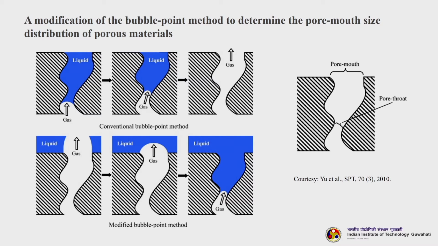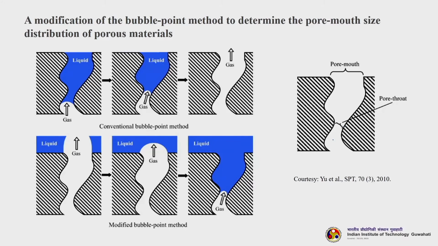Now, we have discussed two bubble point methods. One is the usual bubble point, in which the liquid filled inside the pores of the membrane is displaced. In the second method, with the gas permeation, we measure the gas flow rate for a dry membrane, then we wet the membrane and measure again. In all these, what we are characterizing is the pore throat. Please look at this image: this is a pore, and this is the pore throat, or you can call it the constriction inside the pore. You can even call it the smallest constriction in the pore, because eventually that will determine what type of solute will pass through it.